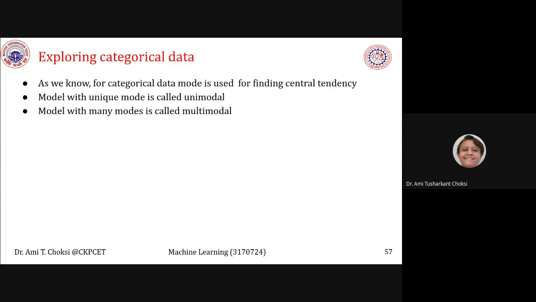Otherwise, if numeric data is there, that is, interval or ratio type, we find mean, median, and mode, right? A model with a unique mode is called unimodal. A model with many modes is called multimodal. And a model with two modes is called bimodal.